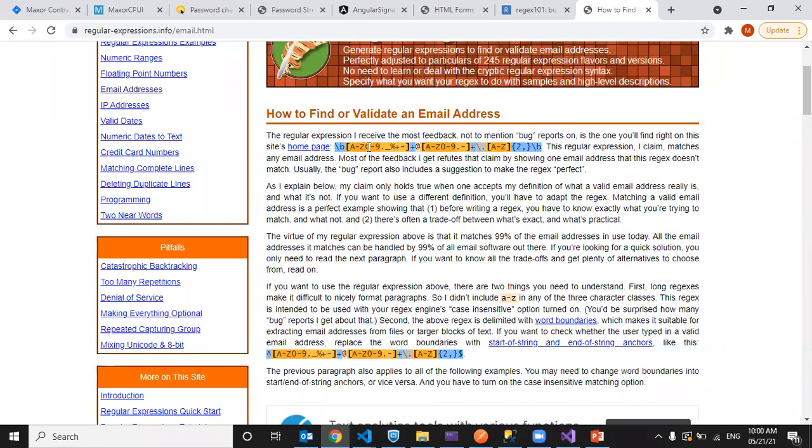So A to Z, 0 to 9 we want to allow. So A to Z we mention, and 0 to 9, any number of values we can allow. So for that we use plus, then a dot should be there, then some values should come, then next @ should come, then again some text should come, then a dot should come, then .com, .in like that comes, right? Minimum 2, maximum any number. This is an expression. So this we use to validate.